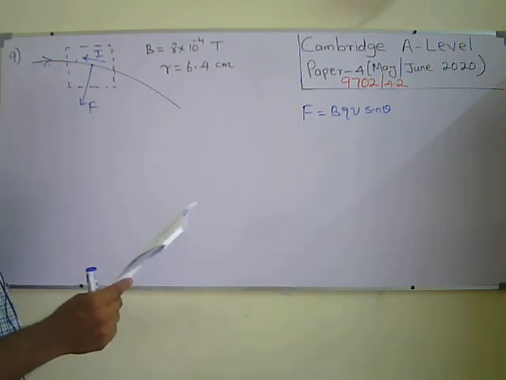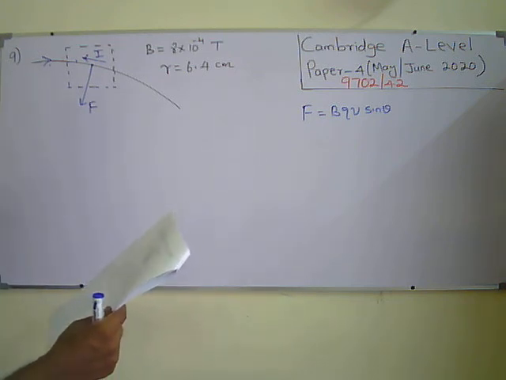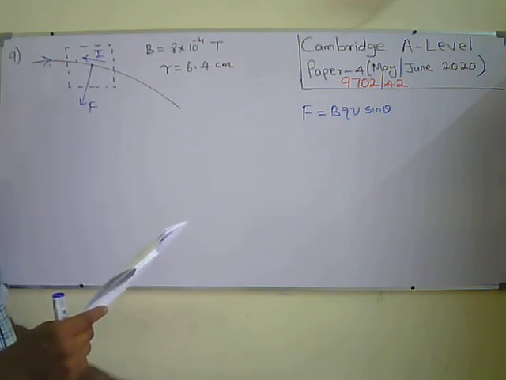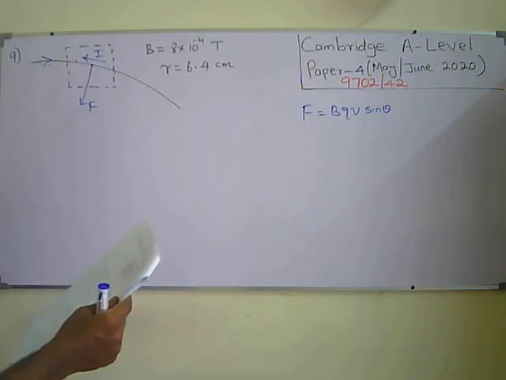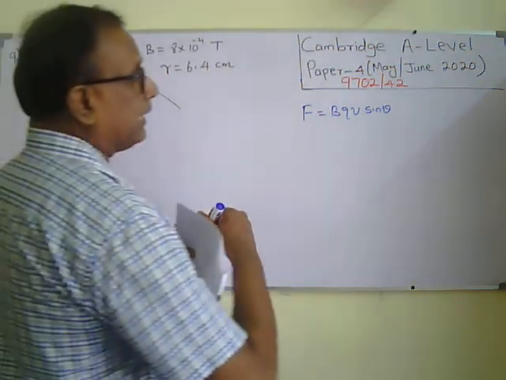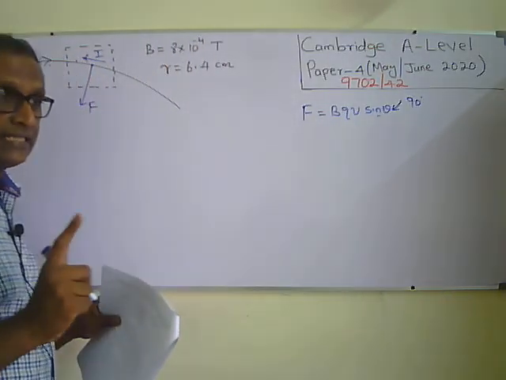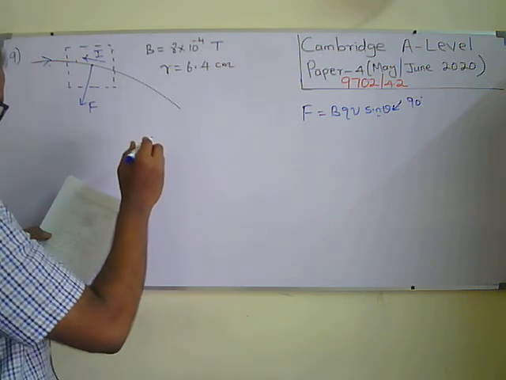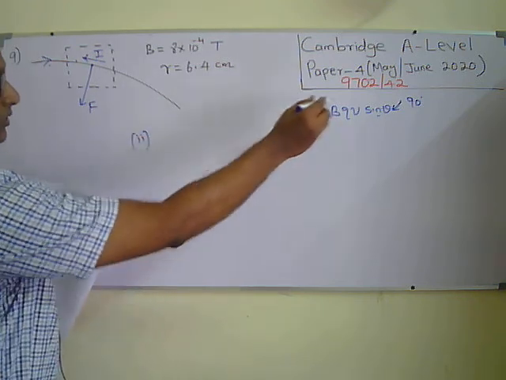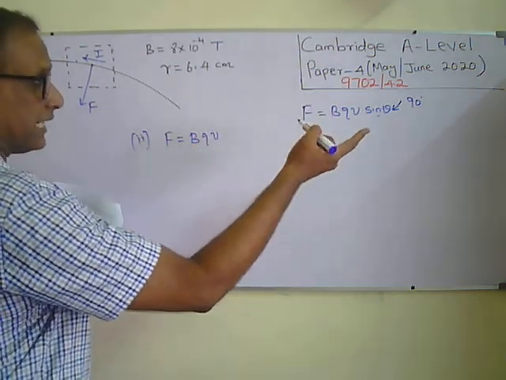Okay, right. Second part of question number 9a part, show that the speed v of the electron is 9 into 10 to the power 6 meter per second. Initially, you can see in the first paragraph, the electron is traveling at right angle to the magnetic field. So they are making theta 90 degrees here. So sine 90 equal to 1. So they are telling that it's entering at 90 degrees to the magnetic field. So second part, they asked to find the speed of the electron. So theta equal 90 degrees. So I can say F equal BQv sine theta, that is sine 90.